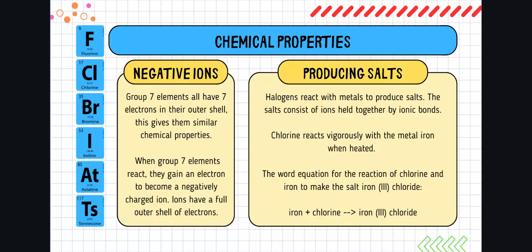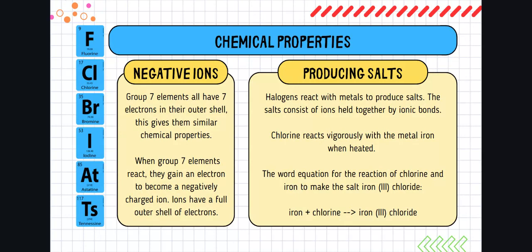And ions are always held by ionic bonds. Chlorine, if we take an example, reacts vigorously with the metal iron that's heated. Since salt consists of ions, the anions, which are given the electron, are held together in the salt with ionic bonds, meaning that the negative ions transfer over during the ionic reaction when the elements react. So, when chlorine reacts vigorously with iron when heated, the word equation for this is